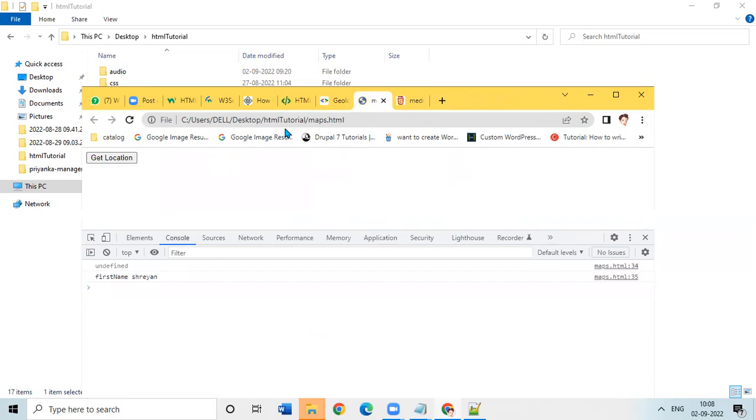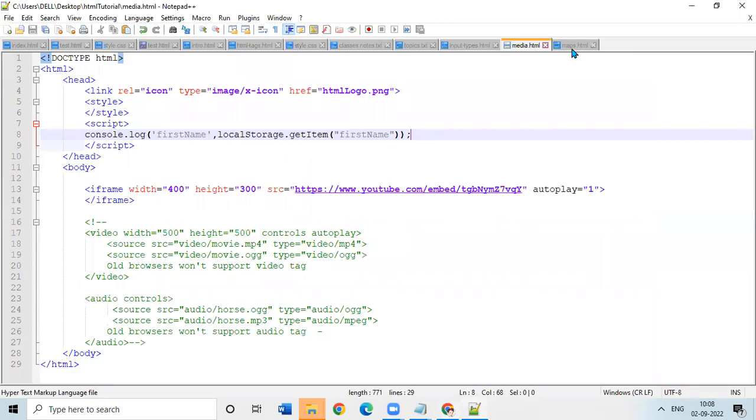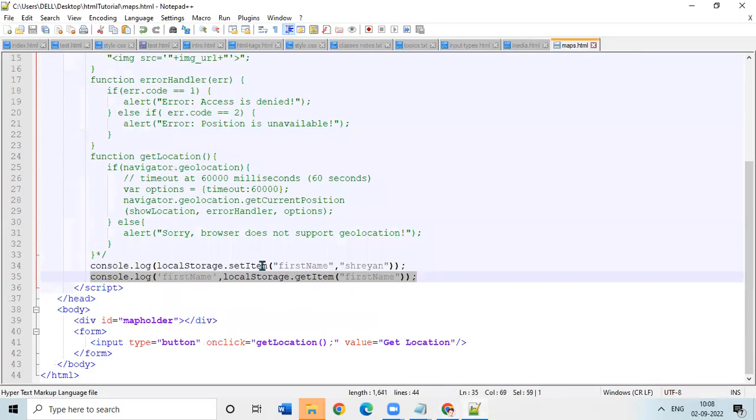Even though we created this local storage item in this file, maps.html, this one, localStorage.setItem of first name, and we are using console.log